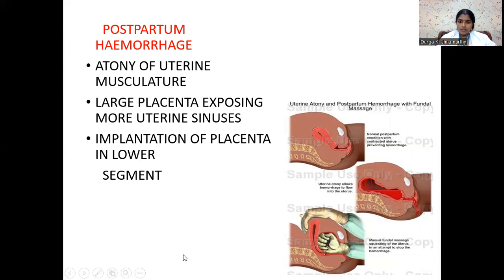So here, can you see the technique which is done to control the bleeding because of atonic PPH? This is called the bimanual compression. Here the obstetrician keeps one hand in the anterior fornix of the vagina, and the other hand over the suprapubic region, antiflexing, giving pressure downwards, flexing the uterus in between the two hands and trying to compress it. This is called the bimanual compression.